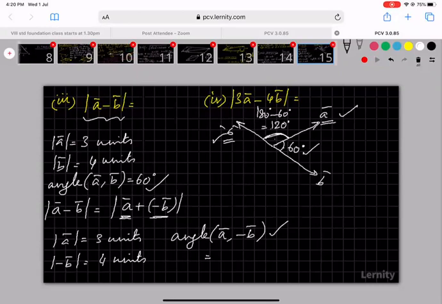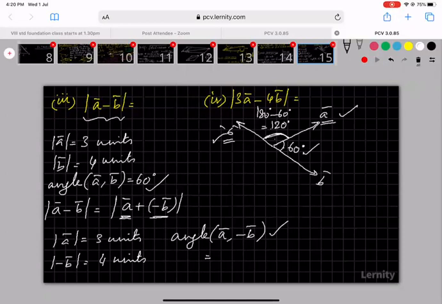Or in a general sense, if the angle between A bar and B bar is theta, then the angle between A bar and minus B bar is 180 degree minus theta. Or angle between minus A bar and B bar is also 180 degree minus theta. Or angle between minus A bar and minus B bar is theta again. You're changing the direction of both the vectors, so again the angle will be retained.